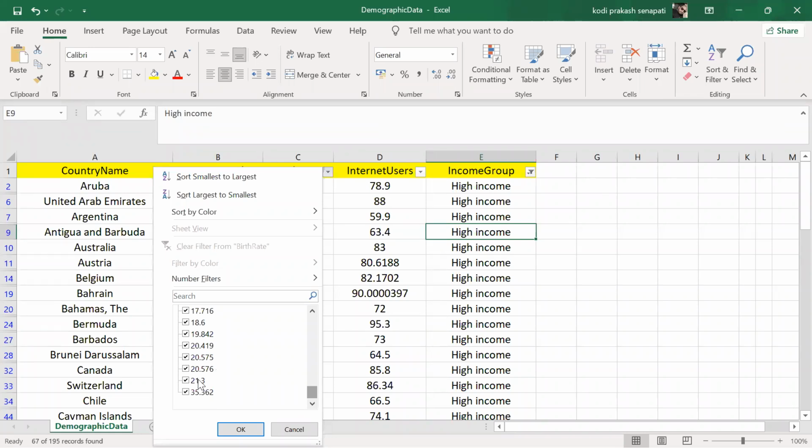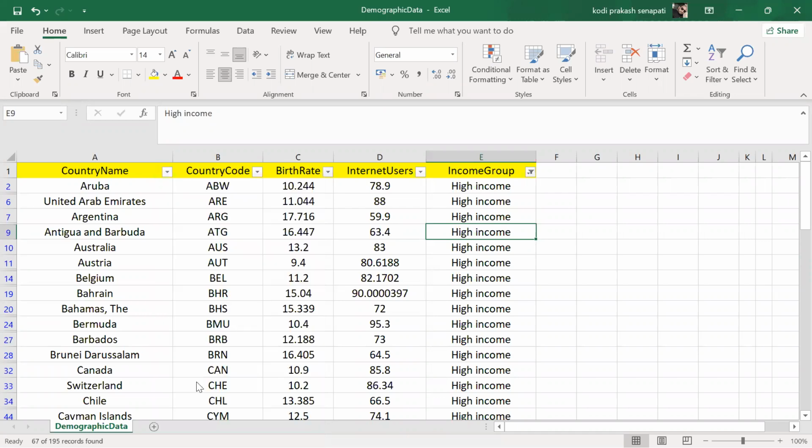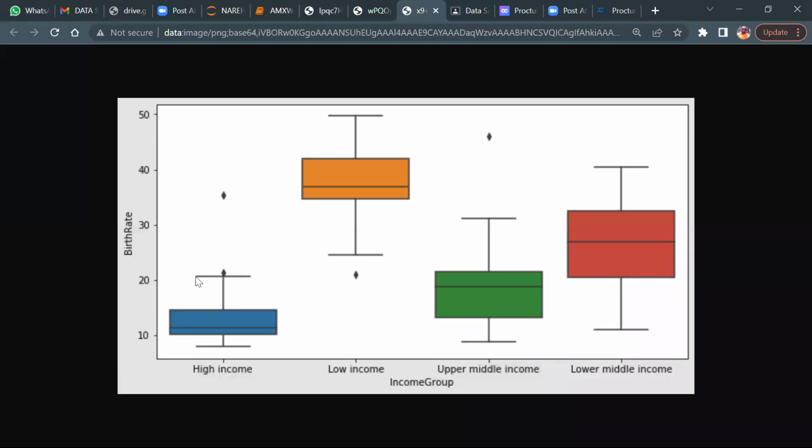Up to 21, all are neighbor values. But 35, is 35 a neighbor to 21? No, right? So that's why, if you see this graph, till 20 the line stops here. Got it? And this is called an outlier point. I hope you understand what is meant by outlier. Get it or not, guys?